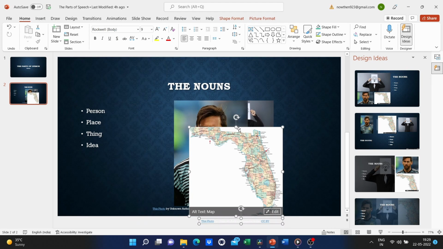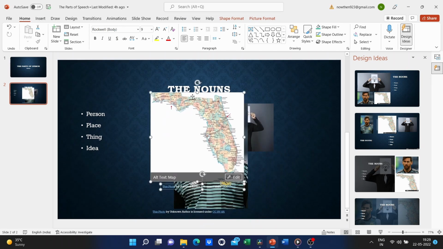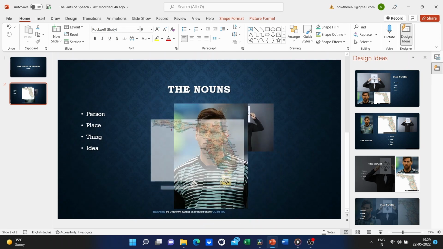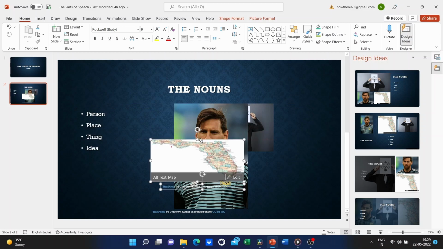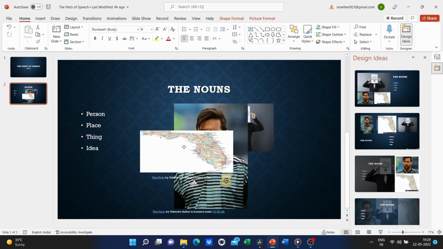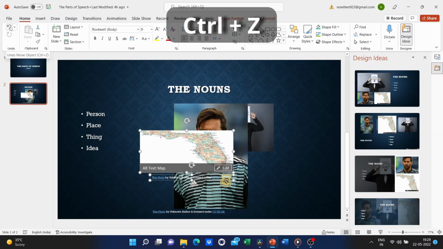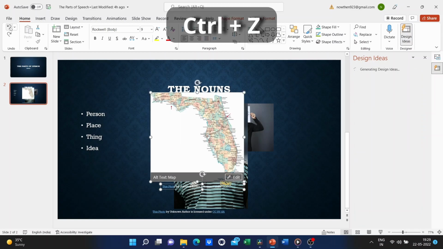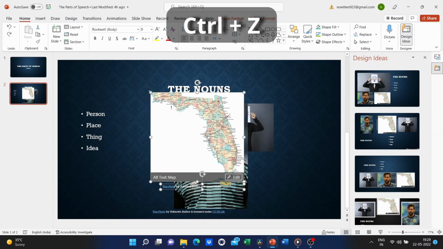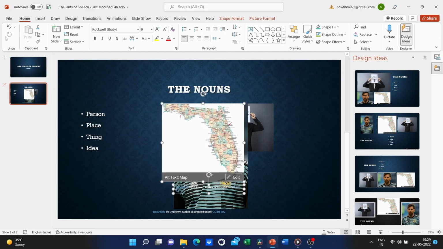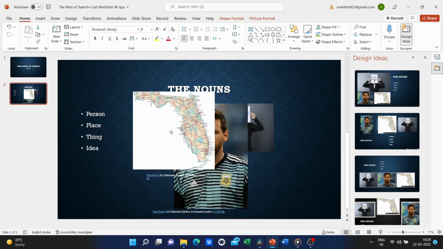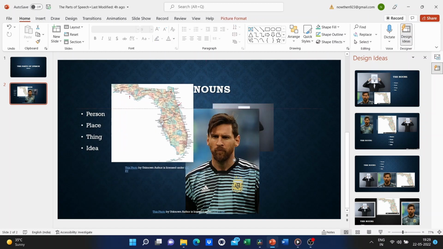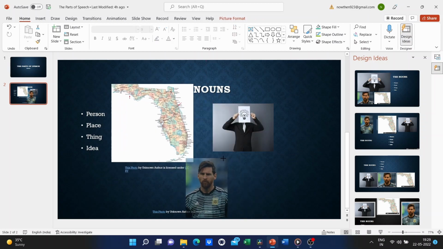You'll notice that there are handles, and that's what they're called. That's the official term, and each of these handles will change the image in some way. So you can see that one distorted it, and so I want to actually undo that. Up here in the upper left corner, there is an undo button, so I can click that to undo. And that's fixed the mistake that I made. There is also a redo button that will appear only after you undo something. Alright, so there's my image. I'm gonna make it a little smaller again.